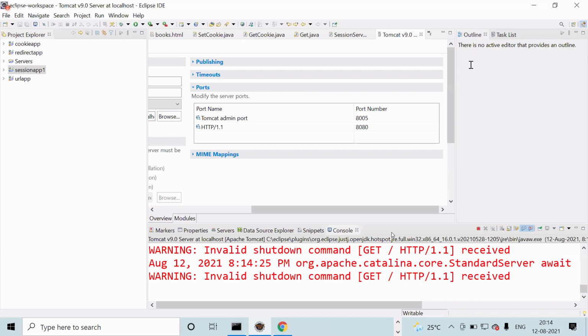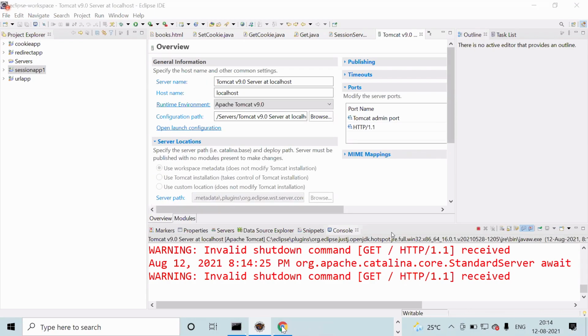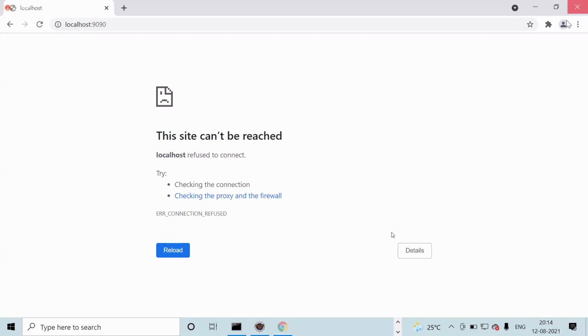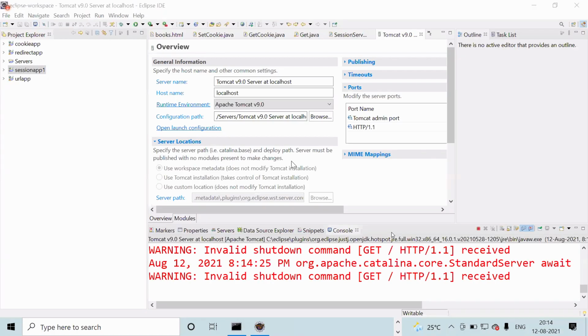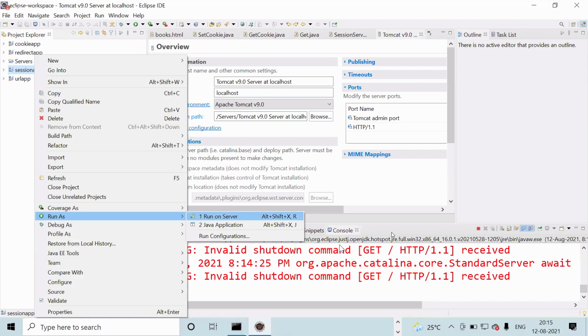Now by default time interval is 1800 seconds. Say right click, run on server. Next, finish.